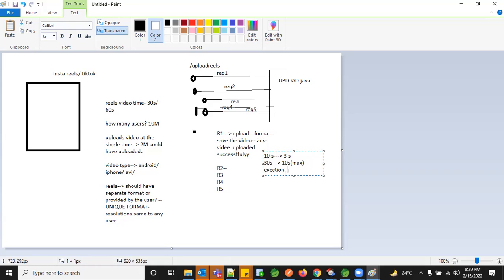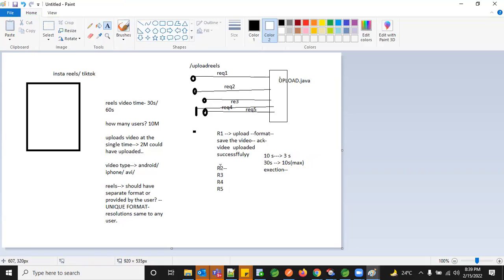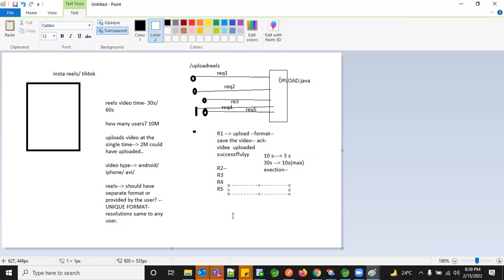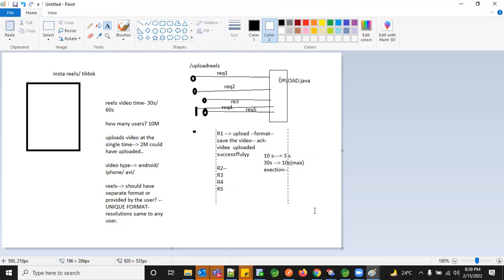Okay. And the same thing, I need to do it for R2, R3, R4, R5. So what happens till this particular R1's 10 seconds gets completed, the number of users who are uploading at the same time have to wait. So this is kind of a queue, right? You have to wait until the first person completes and goes out. So you're in a waiting time. How much wait time can you give the users? It is not a valid reason, right? Nowadays, we are all expecting less wait time.